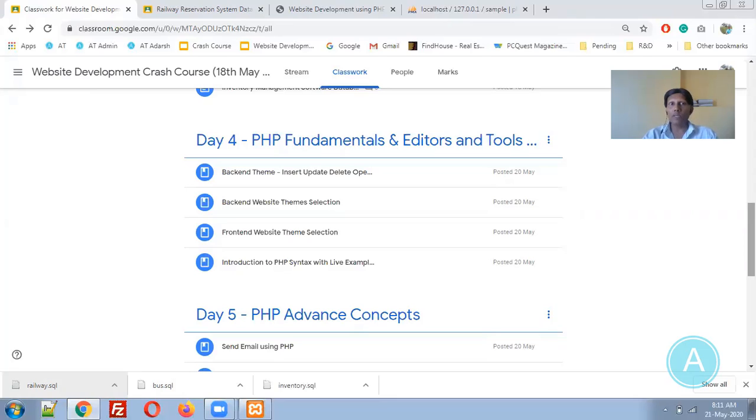Why do we need PHP? Whenever you are developing a website, the websites can be either static or dynamic. If it is a static website, then an HTML website is enough. But whenever you want to do something dynamic, at that time we need some server-side programming language like PHP or Java or .NET or any other language. So in that case, we are going with PHP. Why have we selected PHP? Because PHP is very easy to learn and quick to start development, as a job as well as website development.